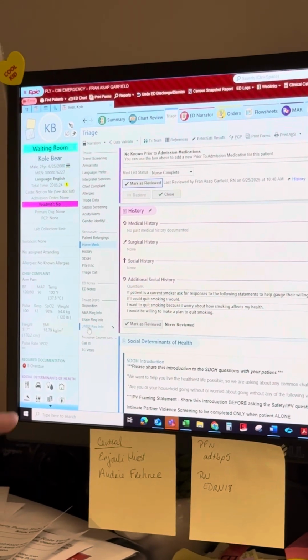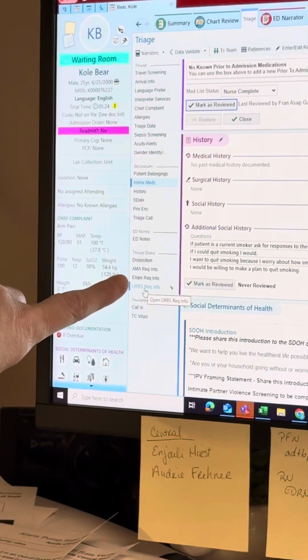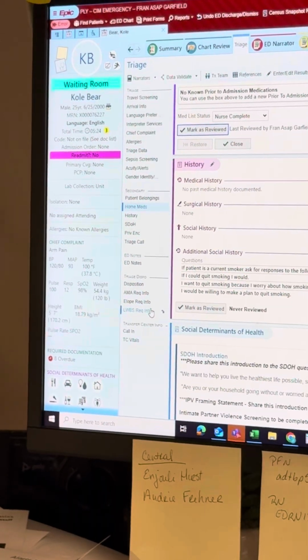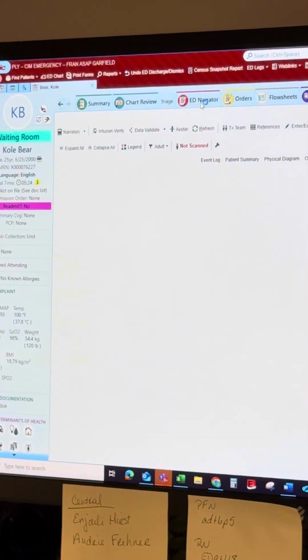If your patient leaves from triage, you can actually go right here and do your disposition. So if they just took off or left without being seen from triage, you can fill it in right here and you don't have to go to another spot. On our ED narrator, oh,